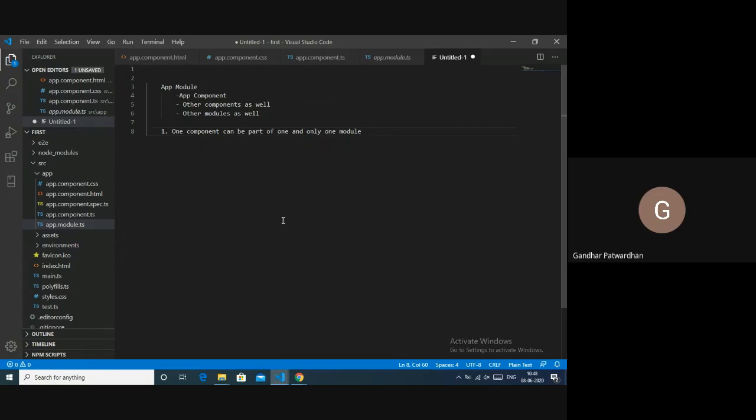This is a very simple but very important rule, so keep it in mind. The second rule: one module can contain multiple components, but one component can be part of one and only one module. And the third rule: one module can contain multiple child modules.